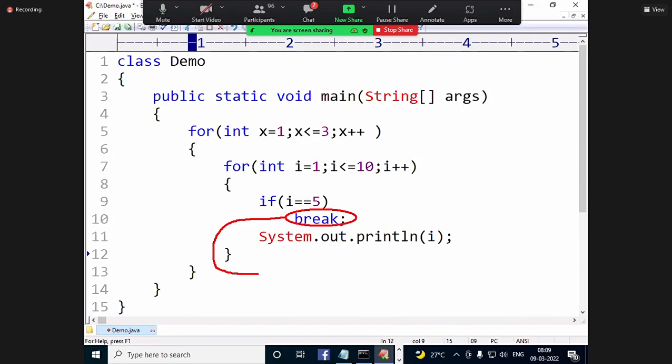After coming out of the inner loop, again x plus plus is executed. The inner loop is terminated, but the outer loop continued. So 1 to 4, 3 times.